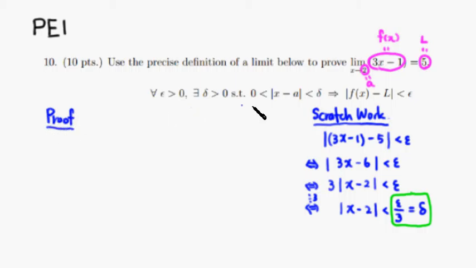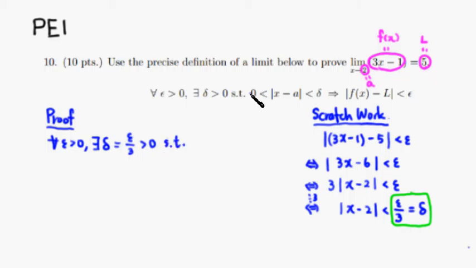Here's the precise definition. I'm going to say for all epsilon positive, there exists delta. We can find this delta by doing epsilon over 3. So whatever epsilon value you get, you just divide by 3 in this case. Of course, epsilon is positive, so dividing by 3 is still positive. Then we have such that,